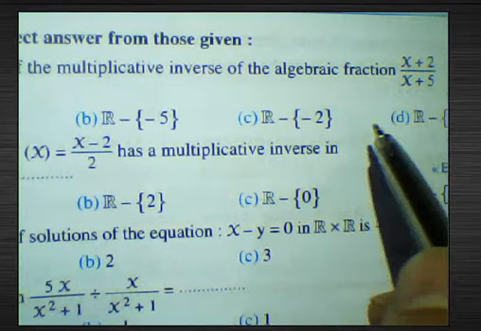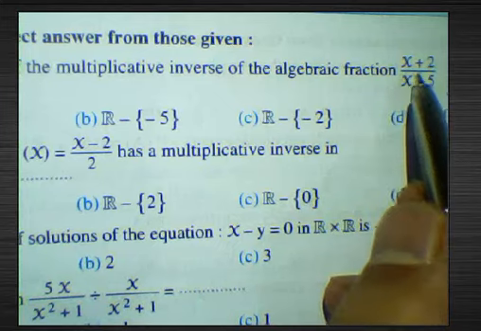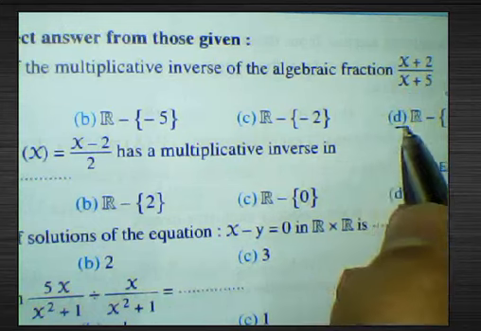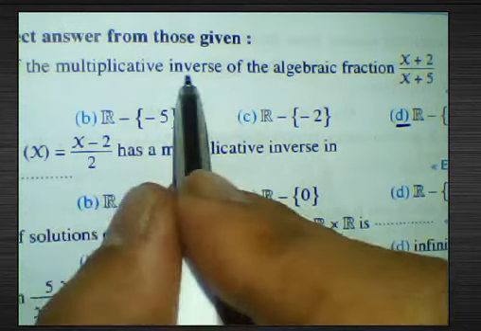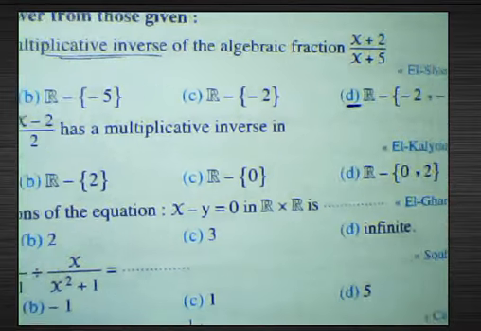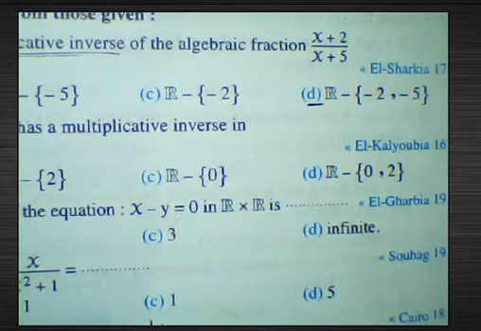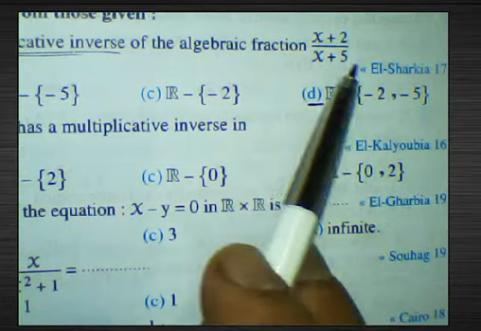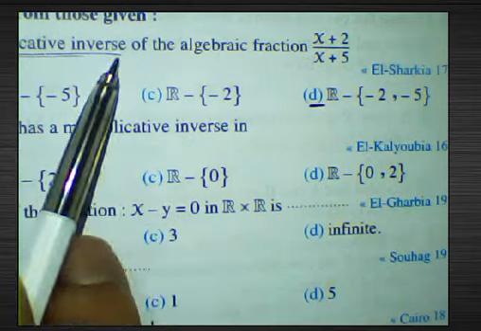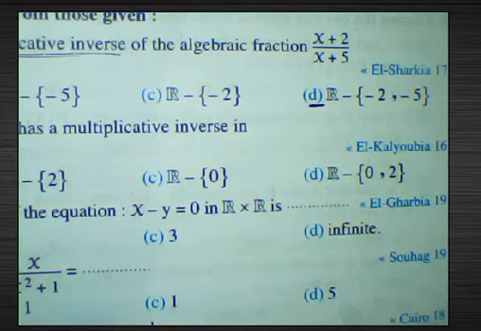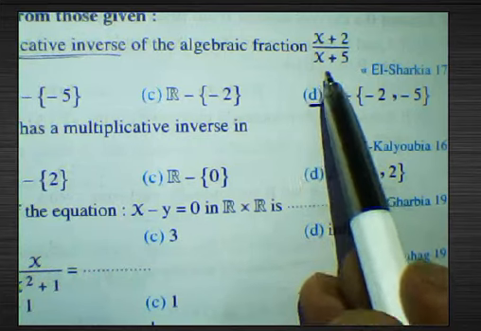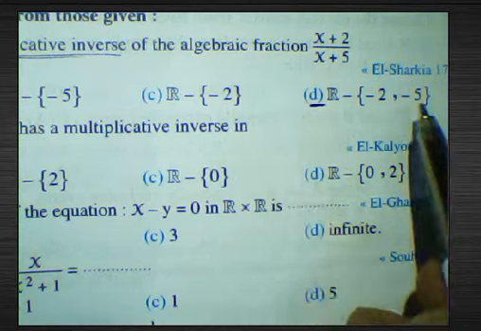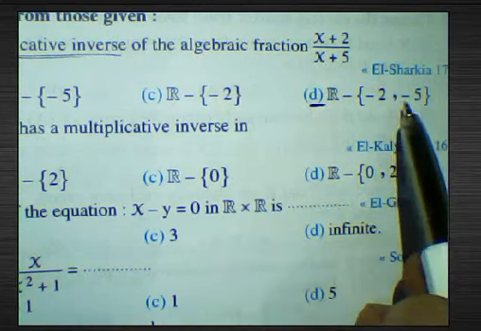We can find the zeros of the numerator and denominator. -2 and -5 are excluded. The domain of the multiplicative inverse of the algebraic fraction will be R excluding -2 and -5, because -2 plus 2 equals 0 and -5 plus 5 equals 0. He asked about the multiplicative inverse. We know any number divided by 0 is undefined. So if we put x equal -2 or -5, the result will be undefined. So the domain of the multiplicative inverse of the algebraic fraction (x plus 2) over (x plus 5) equals R excluding